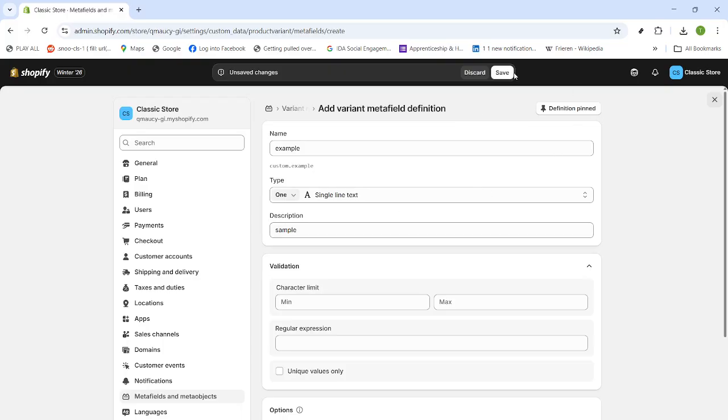Depending on your needs, you can keep the default behavior or enable advanced choices that match how your store and theme handle custom data. When everything looks good, click Save. Your new variant metafield definition is created and ready